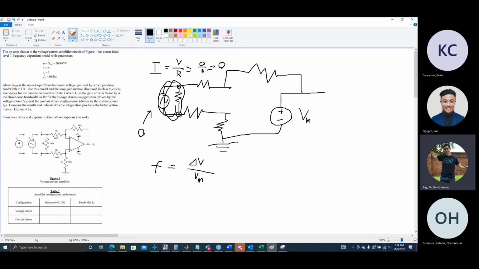No, sorry, because the voltage is 0, that means that it's going to be closed. I forgot that there's a voltage difference. This isn't a voltage. Sorry, let me erase that. That's actually